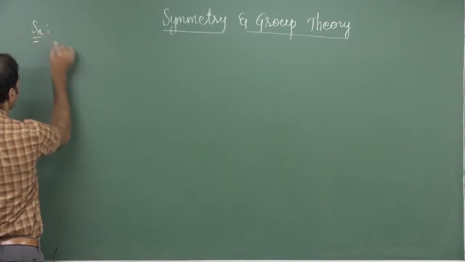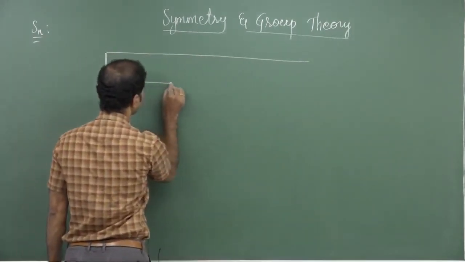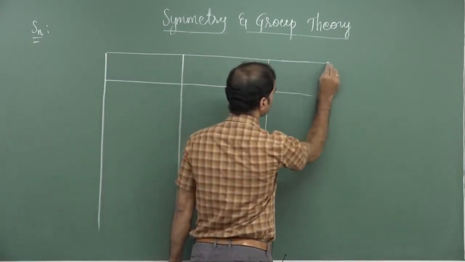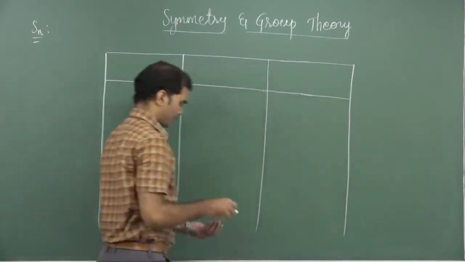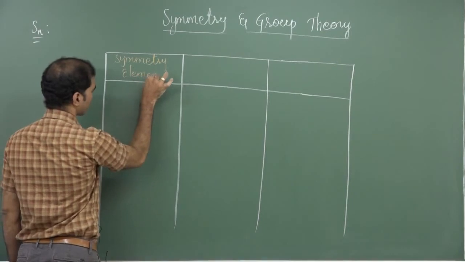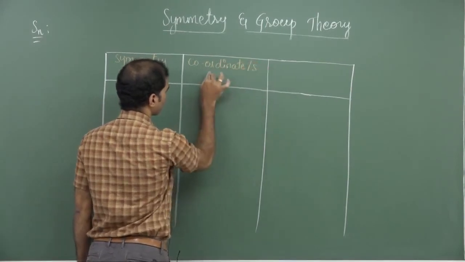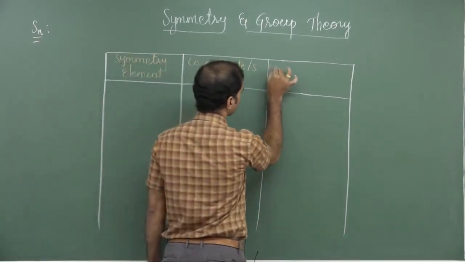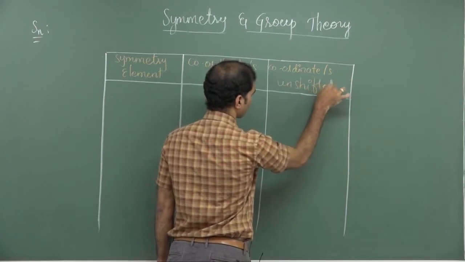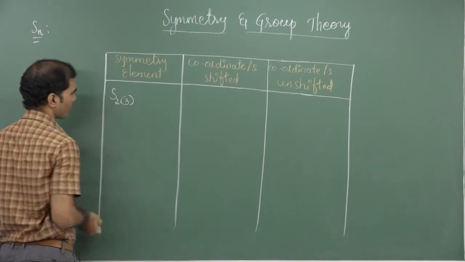For the Sn symmetry element, I am giving you the table. S2 along z or